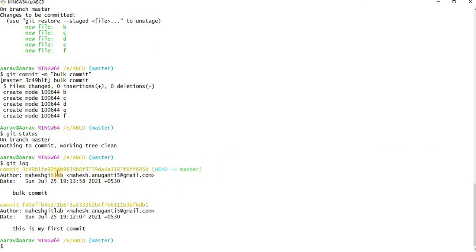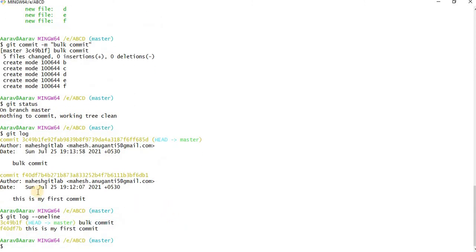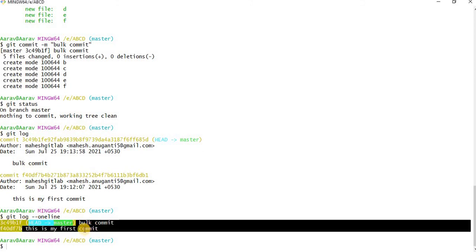You don't want to see this much big output. You just give git log --oneline. See, now you got the same output, my first commit and bulk commit, but you don't have all this data. This is a rough way. Whenever you want to use only commit IDs, this is the thing.